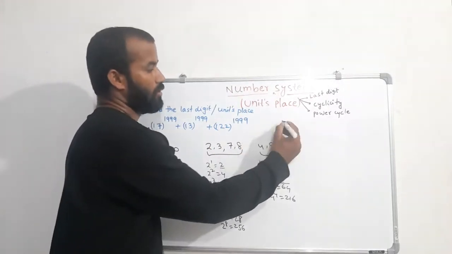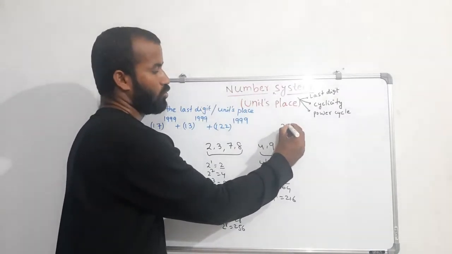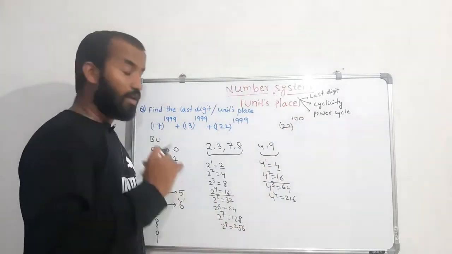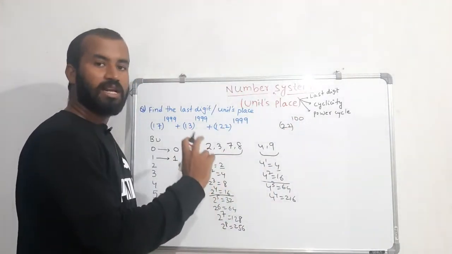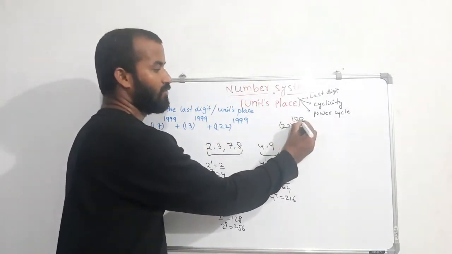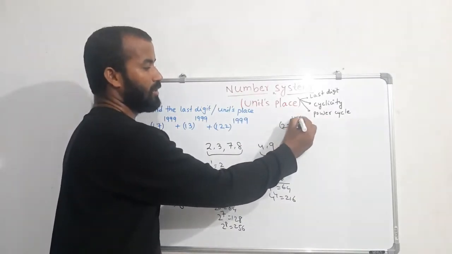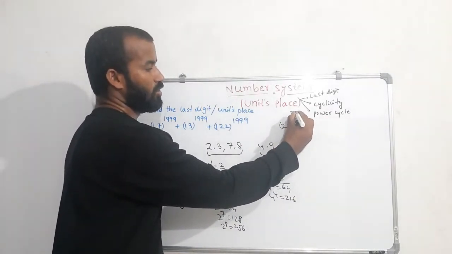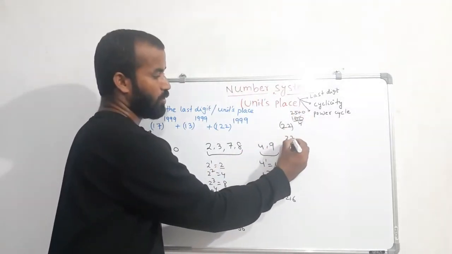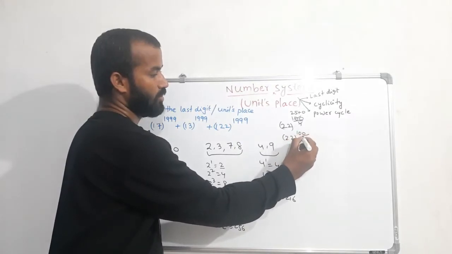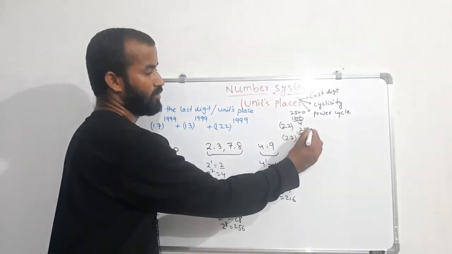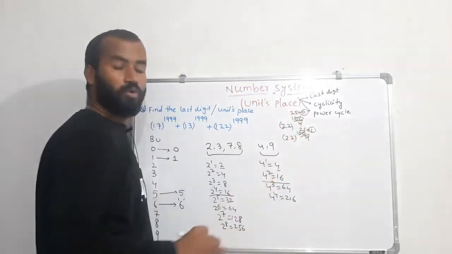Now all these things I am generalizing. For example, 22 power 100 is there. For everything, I am generalizing with power cycle 4. Now I am dividing by 4. What am I going to get here? 25, and the remainder is 0. Now 22 power 101: if I divide the power by 4, what am I going to get? 25 again, and the remainder is 1.